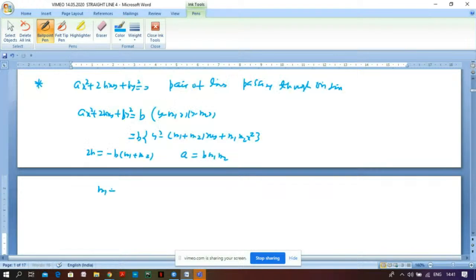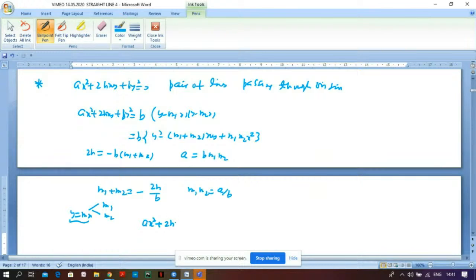So we get m1 plus m2 equals negative 2h over b, and m1 m2 is a over b. It's hardly surprising, because what you are doing inside is putting y equal to mx, and m has two values, m1 and m2. And so if I put y equal to mx in our equation, I'll get ax squared plus 2h x